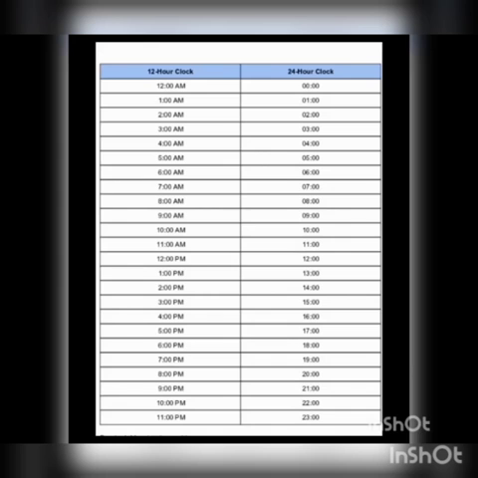Now, for 1 PM we don't have 1 hour. We have 13 hours. For 2 PM we have 14 hours. Similarly, for 5 PM we have 17 hours. For 9 PM, yes, we have 21 hours. Kindly refer to this table for all the answers. I hope now you are more clear about the 12-hour clock and 24-hour clock.